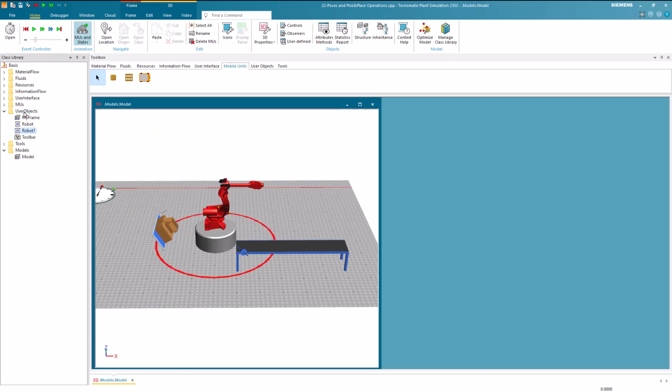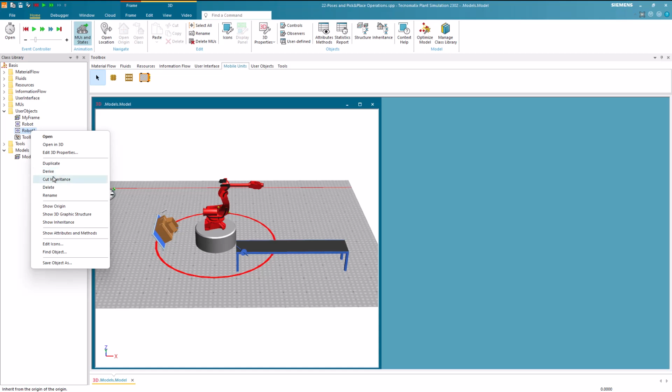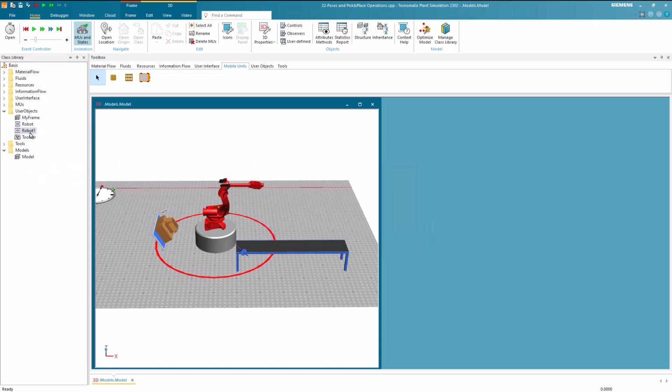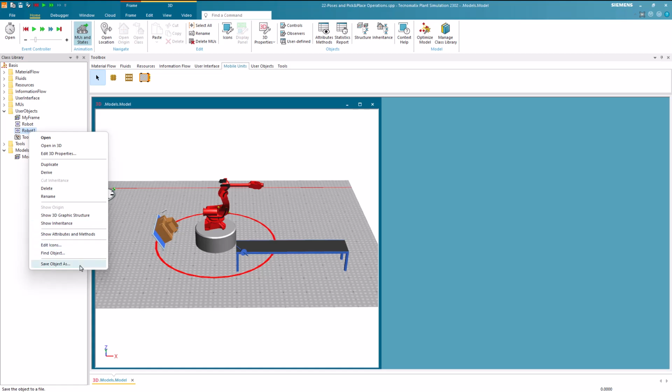However, by moving the instance to the user folder, it still inherits from the original robot class, which we want to prevent. Therefore, we cut the inheritance. Additionally, we can delete the original robot class since the new one is no longer inheriting from it. Following that, we can simply right-click on the class and select Save Object as.